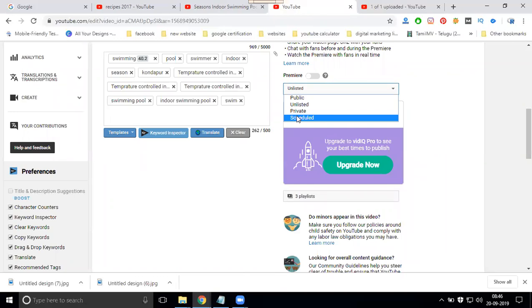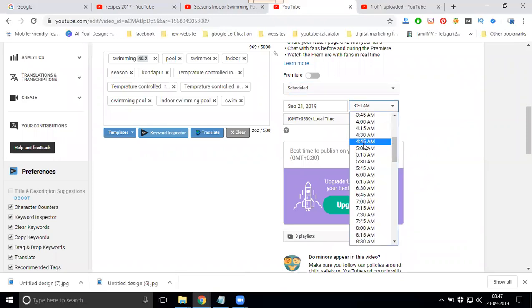Now in 1 hour, how many times can we schedule? Only 5 times. They do not schedule any other timings like 10:20 or 10:25. Only every 15 minutes can be scheduled.